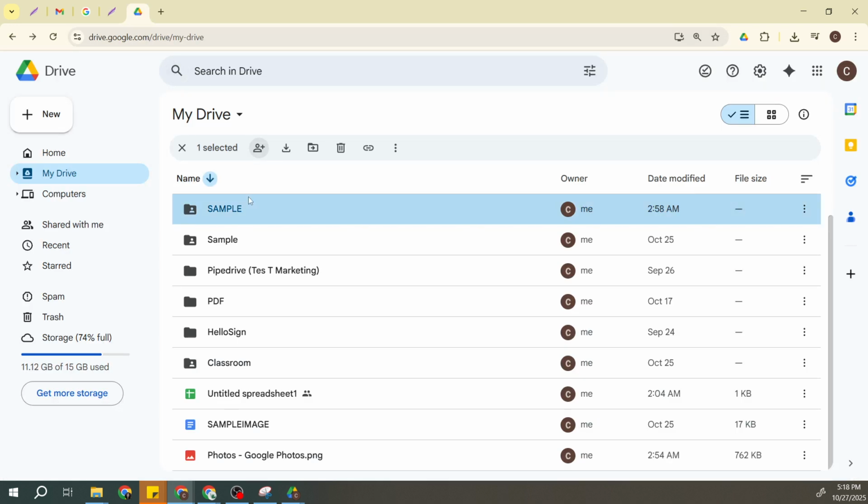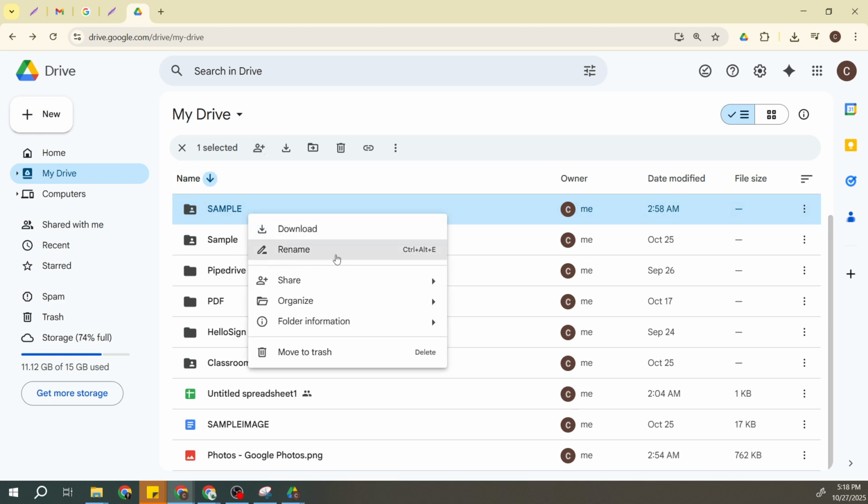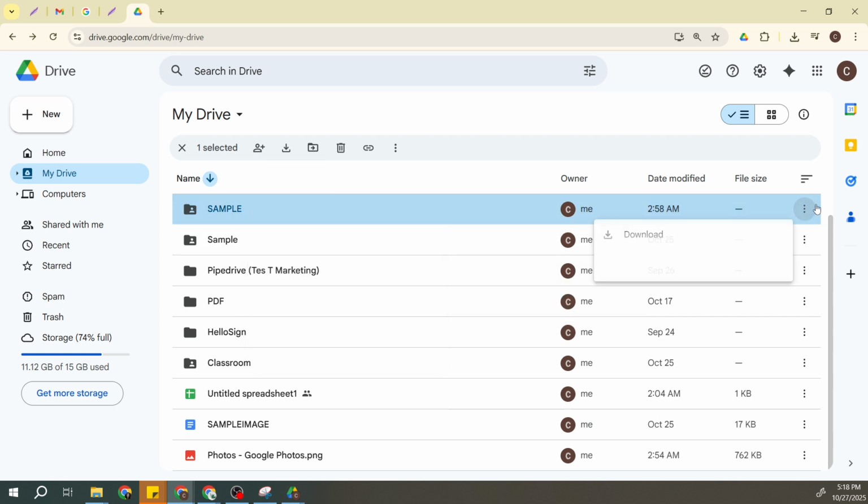You can do this by either clicking on the file or folder directly, or, if you're more comfortable using the right-click function, right-click the file or folder and select the Share option that appears. Alternatively, you could click the Share icon, which looks like a person with a plus sign next to the selected